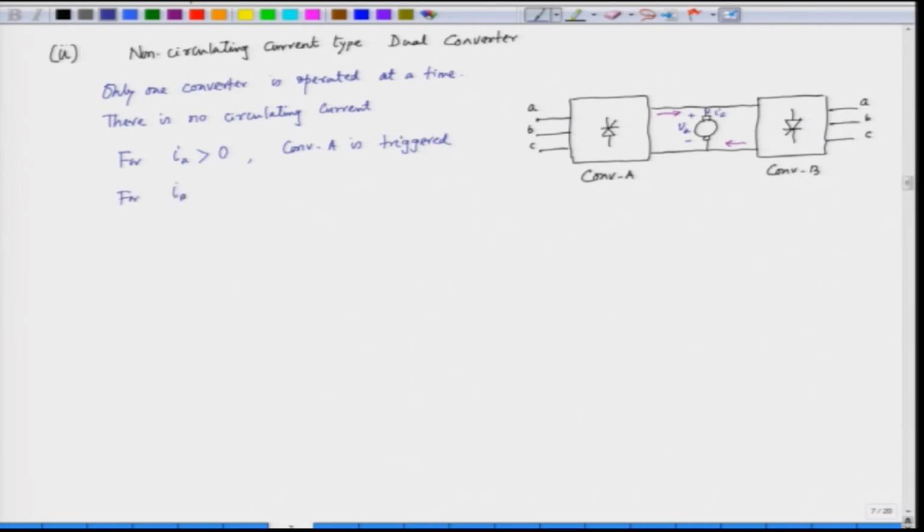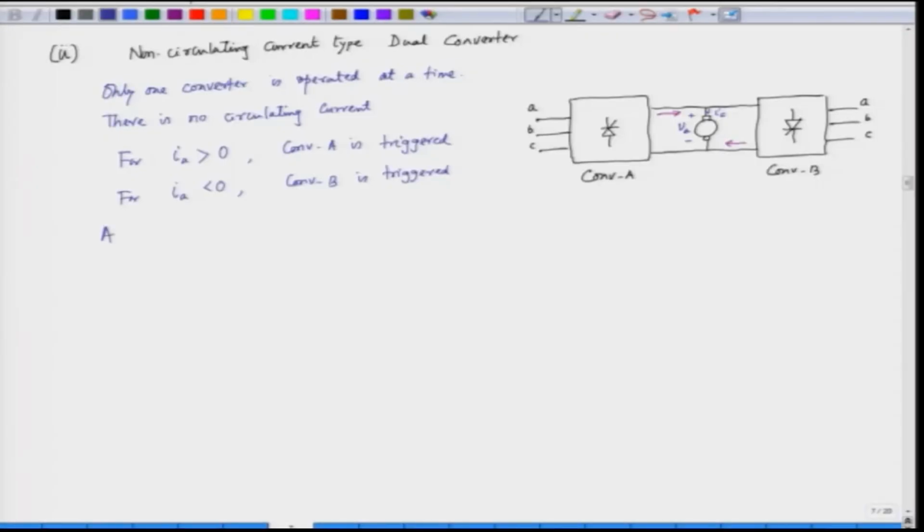For IA to be negative, converter B has to be triggered. And when we change the triggering from A to B, there is a dead time between the two triggering to ensure that one bridge is completely off before the next bridge is triggered. Unless we do that, there will be short circuit of the AC supply. So, a dead time is maintained